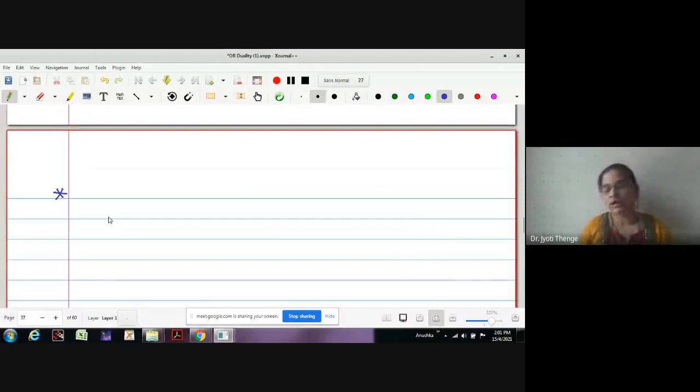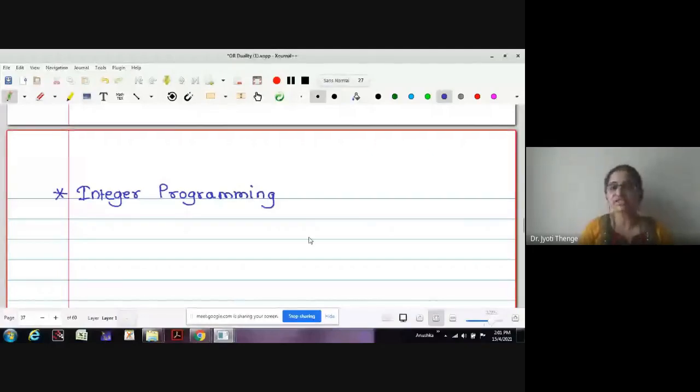Okay. But sometimes what happens, whatever variables are included in the problem, the value of that variable may give you the number of machines. Correct, na? Number of machines, number of workers. And we cannot adopt a fractional value of these variables, right or not? That is, for having a maximum objective function, suppose the variable x, which is the number of workers, came out with the solution of 3 by 4. What does it mean, 3 by 4?